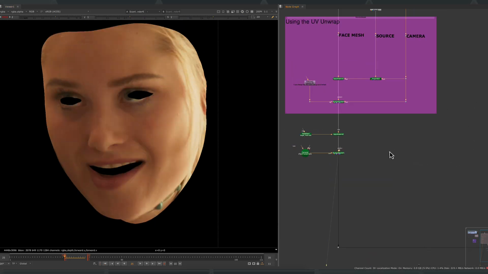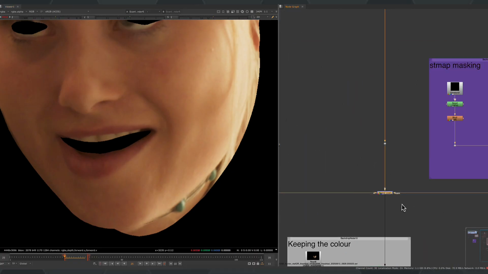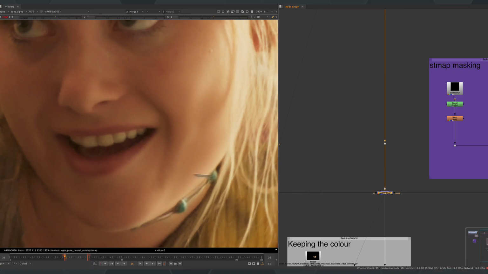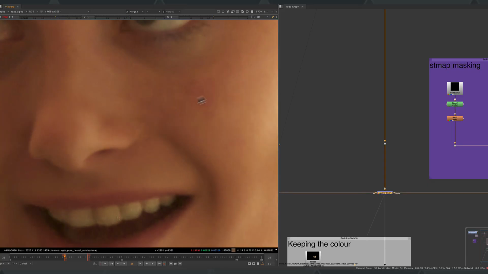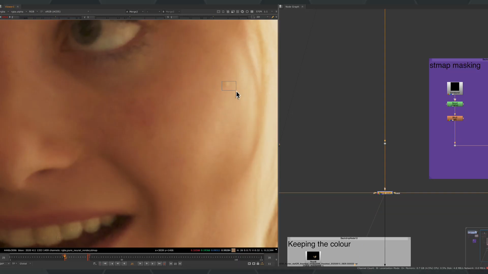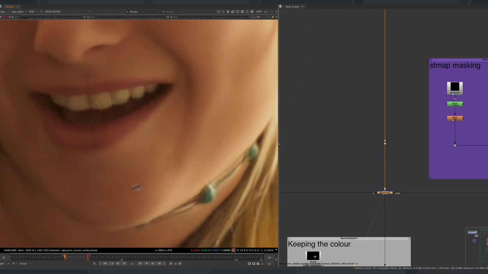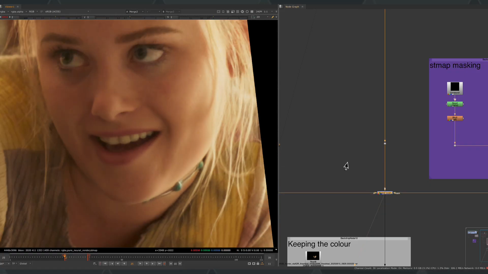So using this, we can then take some of this detail and we can merge this back onto our VUB. And now we can see we've got a little bit more of that skin detail just added back. There's a bit more definition here on this mole, and some of this detail that we can see on her chin is added right back in.